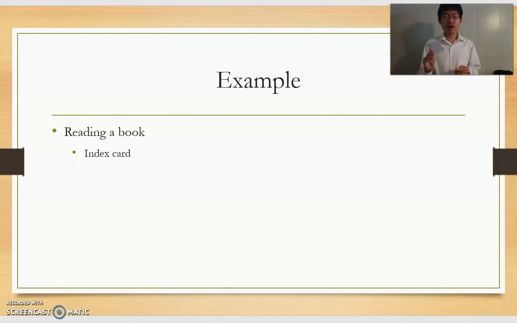Just jot it down on the back side, and on the front side, I usually write down 2 to 3 things, usually 3 things I want to know from the book. So I want to know about how to focus better. I want to know, is there a time and place that is better suited, or things like that. And that's how I use an index card when I read a book.